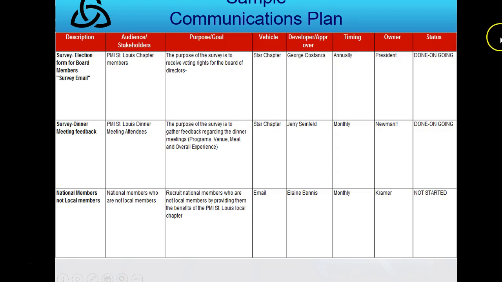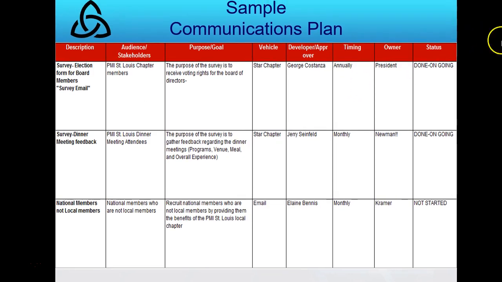Here is a sample communications plan that I borrowed. Star Chapter is really just a website way of collecting information and credit cards for this group called the local chapter of the Project Management Institute, the St. Louis chapter. So you have the description of the communication, who the audience is or the stakeholders, what's the purpose